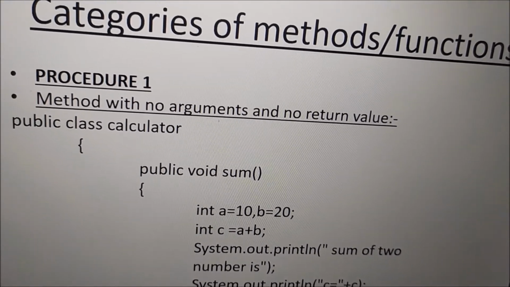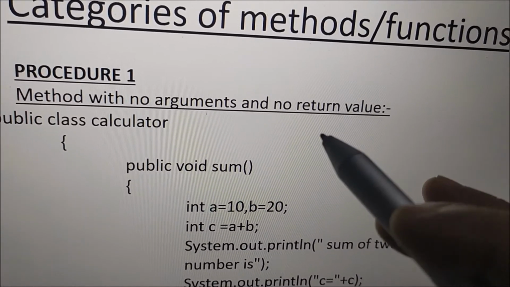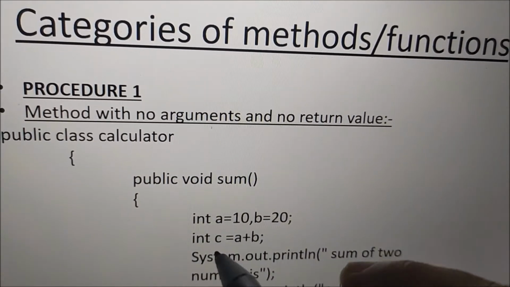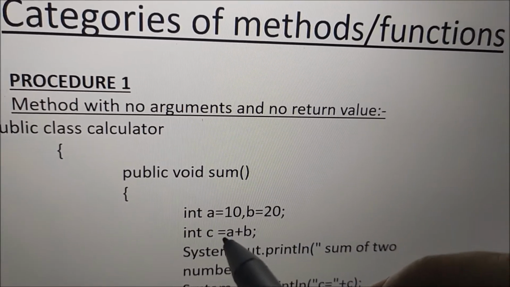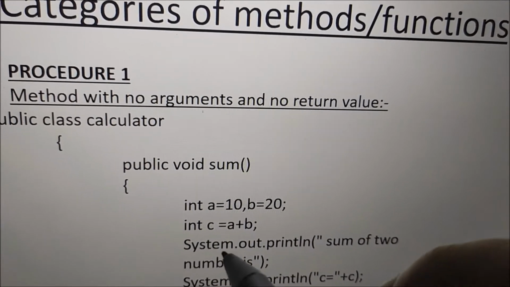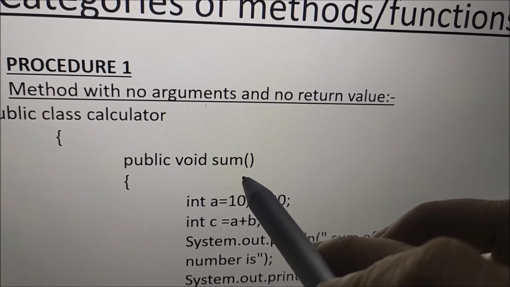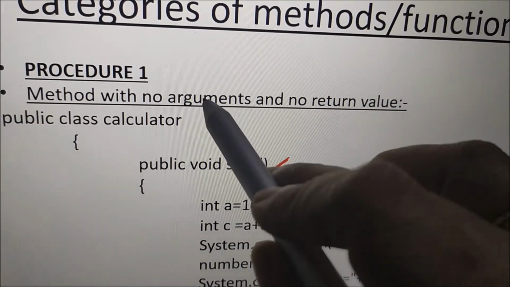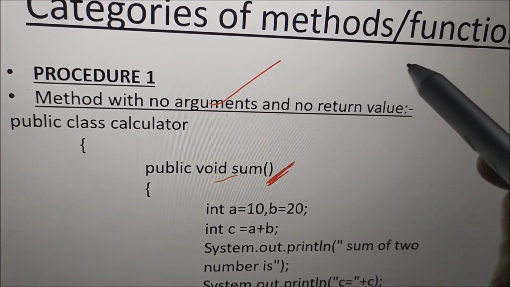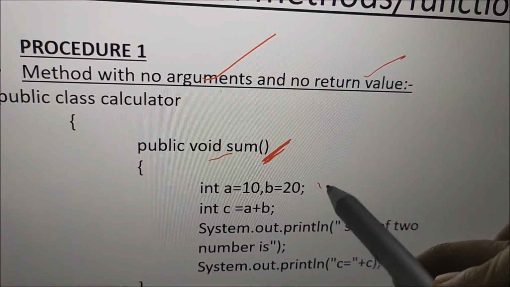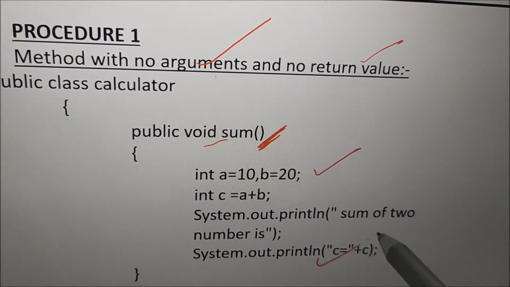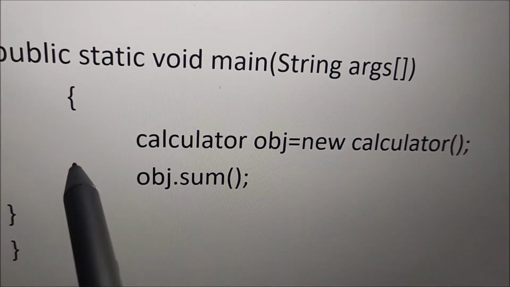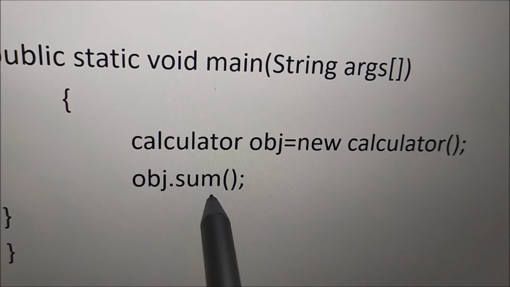You see the method which is not having any return value, then what type of method it is? Void method. And no argument means the method is responsible to create its own data and the result has to be displayed inside the method. You see here the method, that is the sum method, parenthesis is empty means no argument, and void method means does not return any value, so it creates its own data and the result is displayed here itself. Okay, look at the main method, no need to return any value, directly only to invoke the method.